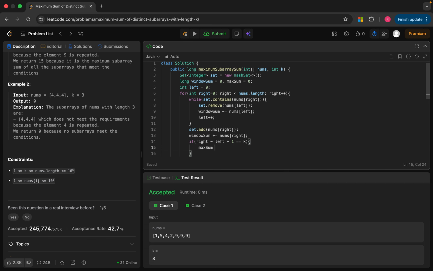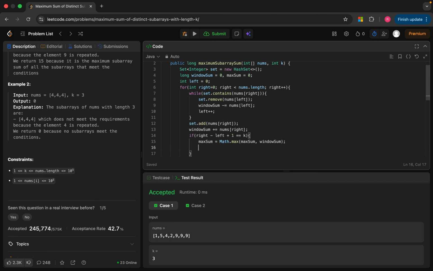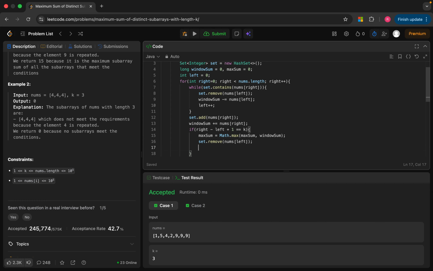Now we will check if the length, we will add plus 1 because it is a 0-based index, is equal to k, then we would compute the maxim, which is Math.max of maxim comma window sum,